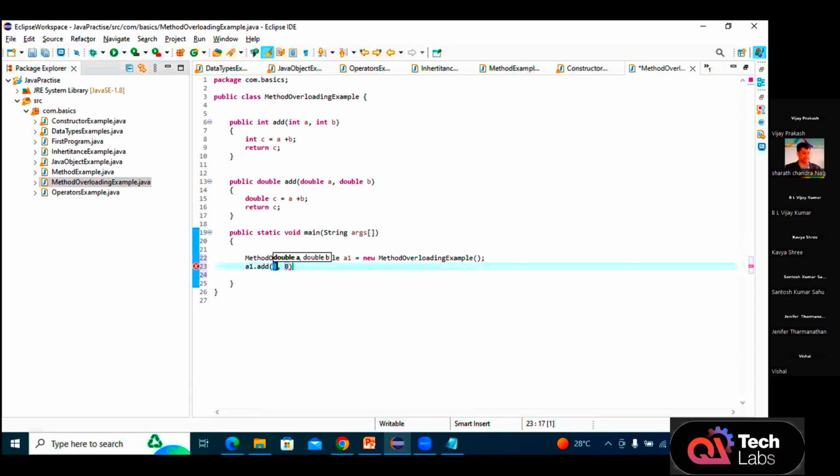Say I give 1.5, some double value, and I'll give 3.5 over here. If I call this one, the double method will be invoked. In a similar way, if I just give add of, based upon my arguments, the appropriate method will be invoked for me. The same method name with different arguments is called method overloading. Clear on this one, right? So now if I